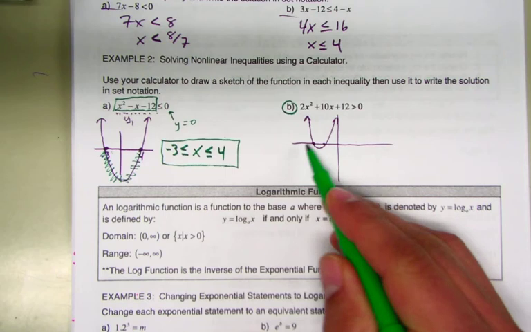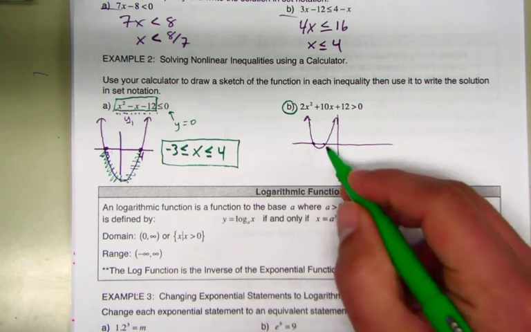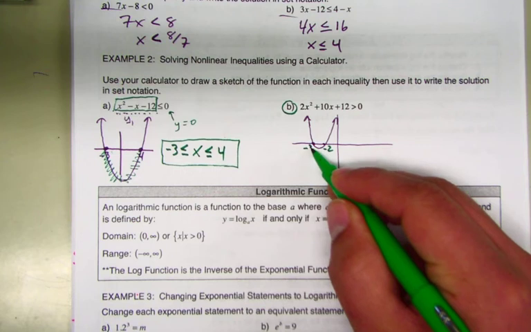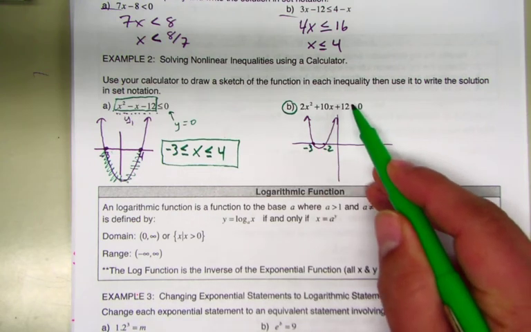What are the zeros? So -2 and -3 are the two zeros, okay? And now if we want to be above 0,